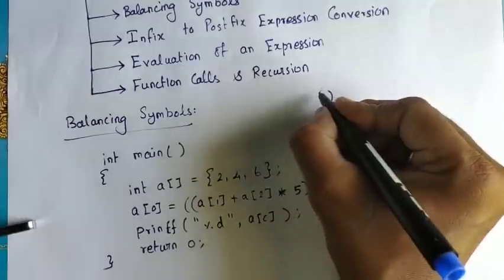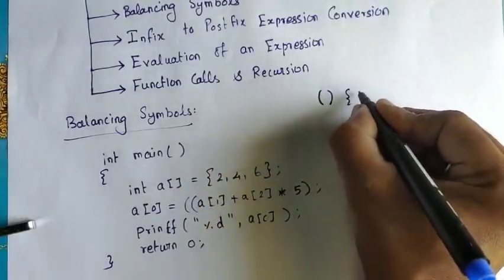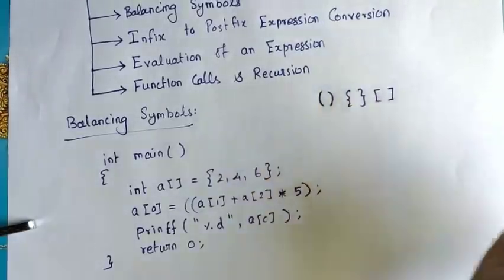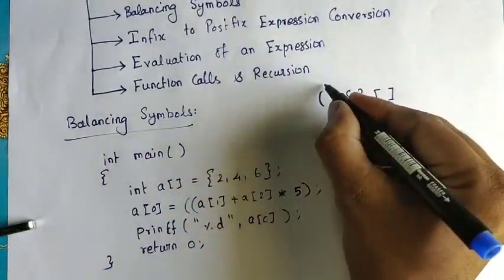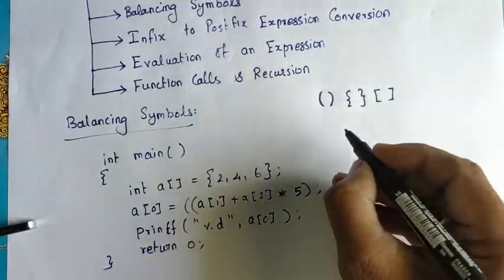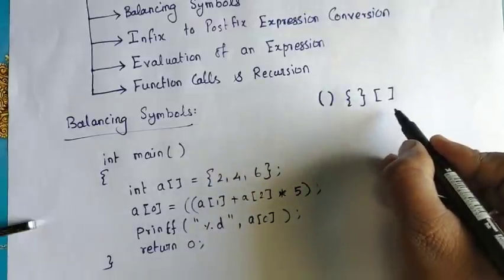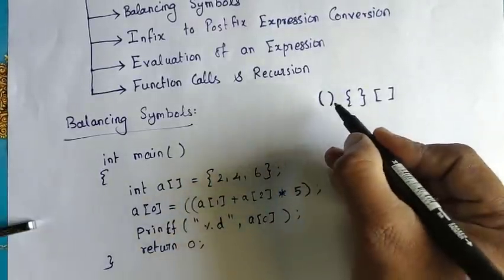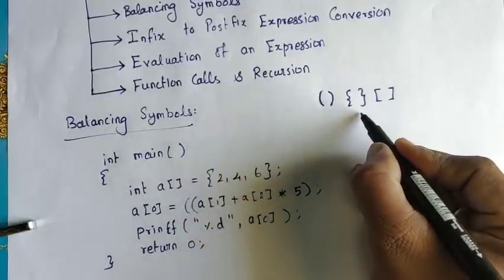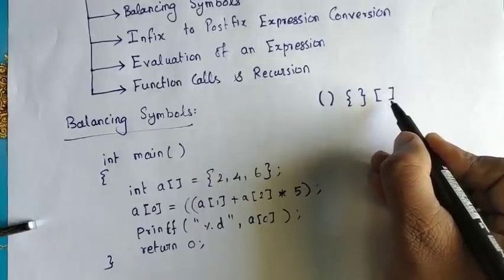Bracket, that is a parenthesis, and square bracket. Okay, so parenthesis, braces and then what? The square brackets. Usually in our C++ program, these three kinds of brackets will be available. This will be used along with the functions. This will be used for creating blocks. This will be used with array creations.